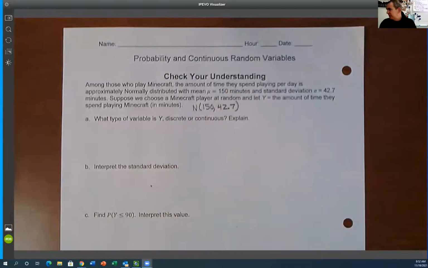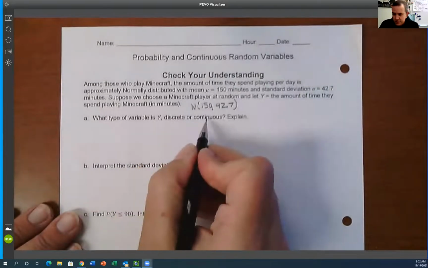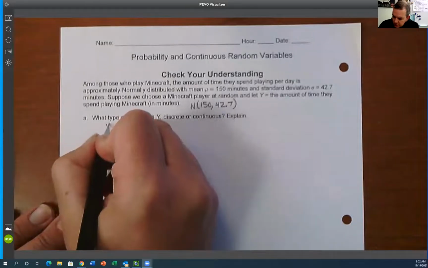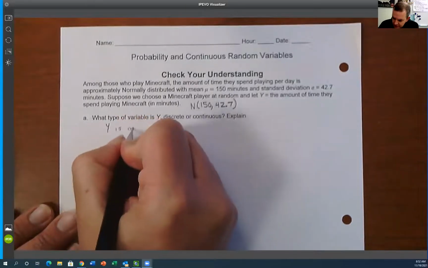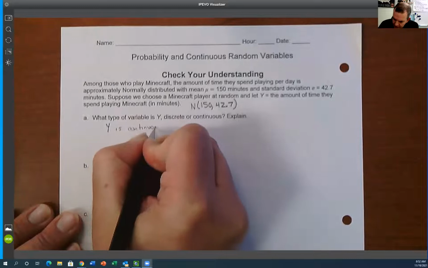Hopefully this looks a little familiar because we actually did this already, way back in chapter 2. So is this a discrete or a continuous variable? Well, what I'm going to tell you is that y is continuous. And the reason that y is continuous,